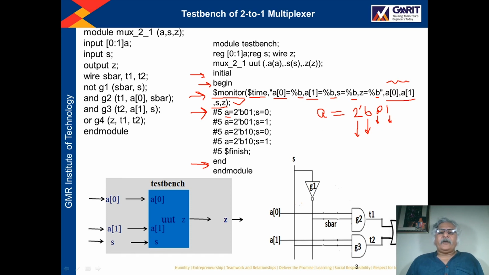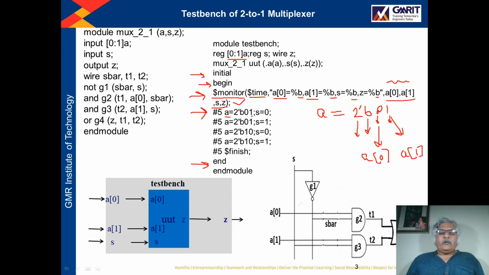So how did we declare A? We declared A as 0 to 1. So with this what will happen? This 0 will be assigned to input A0, and this one is assigned to input A1, right, in this way.